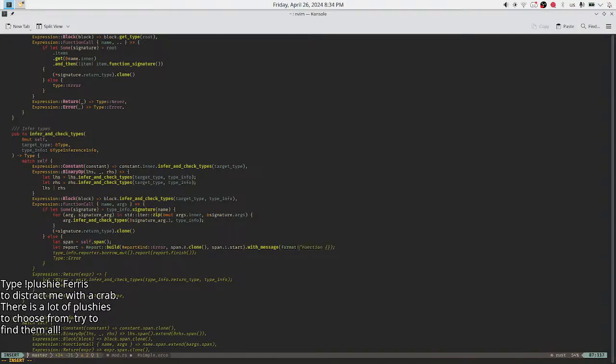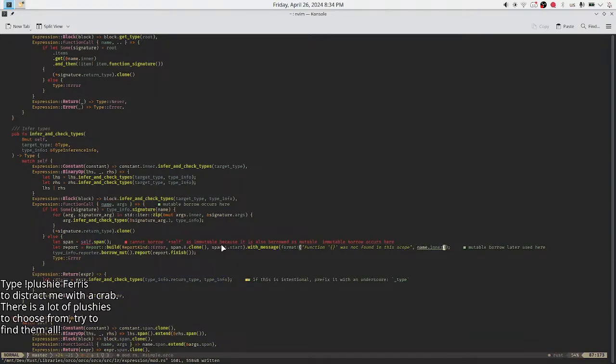Format: function name was not found. This is scope, name inner.